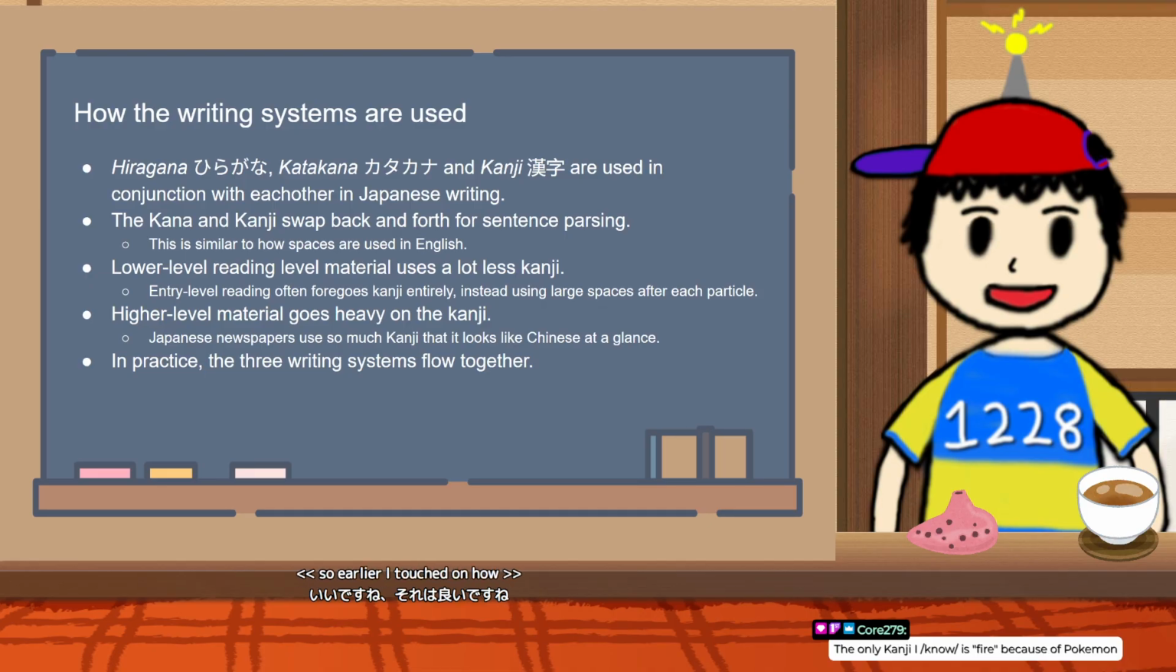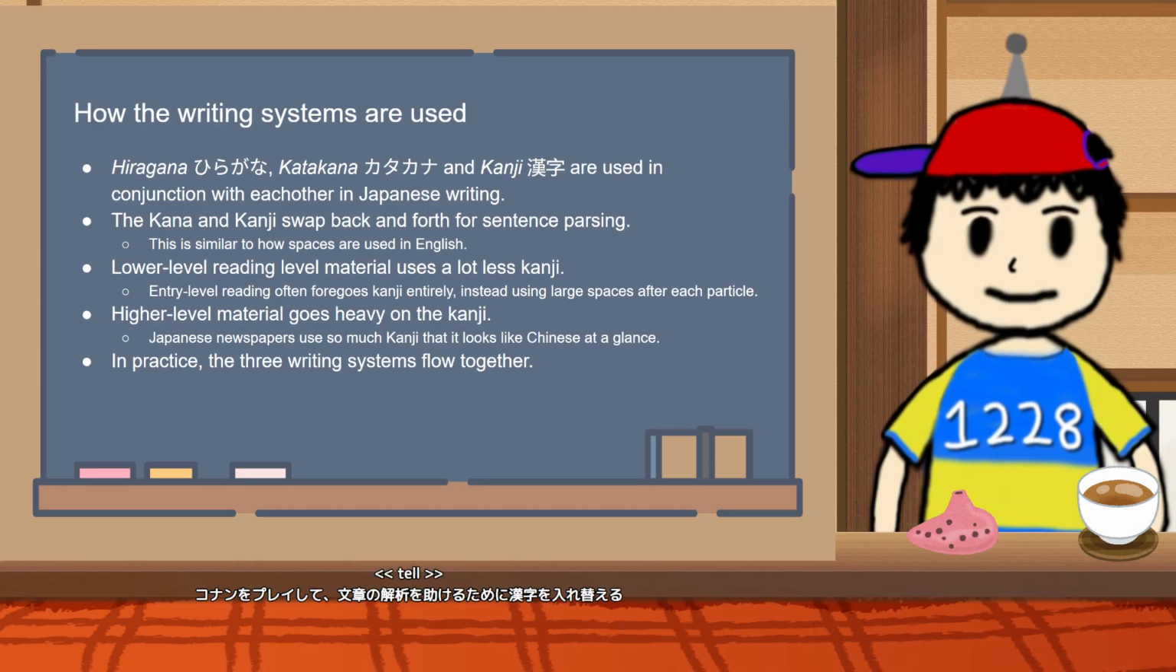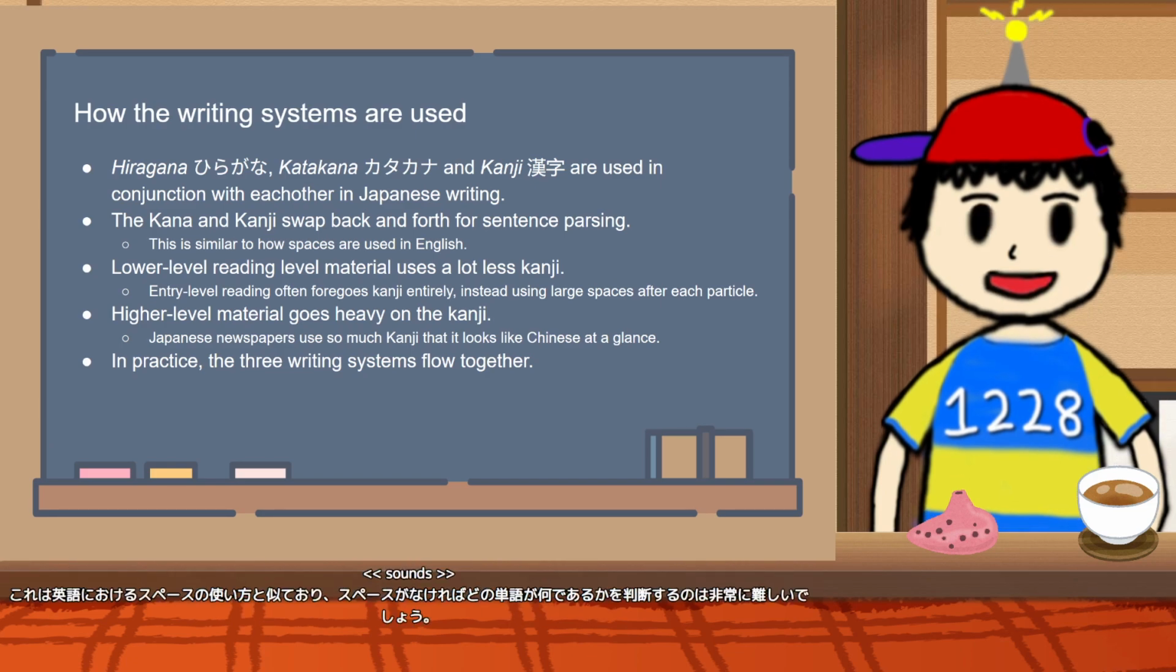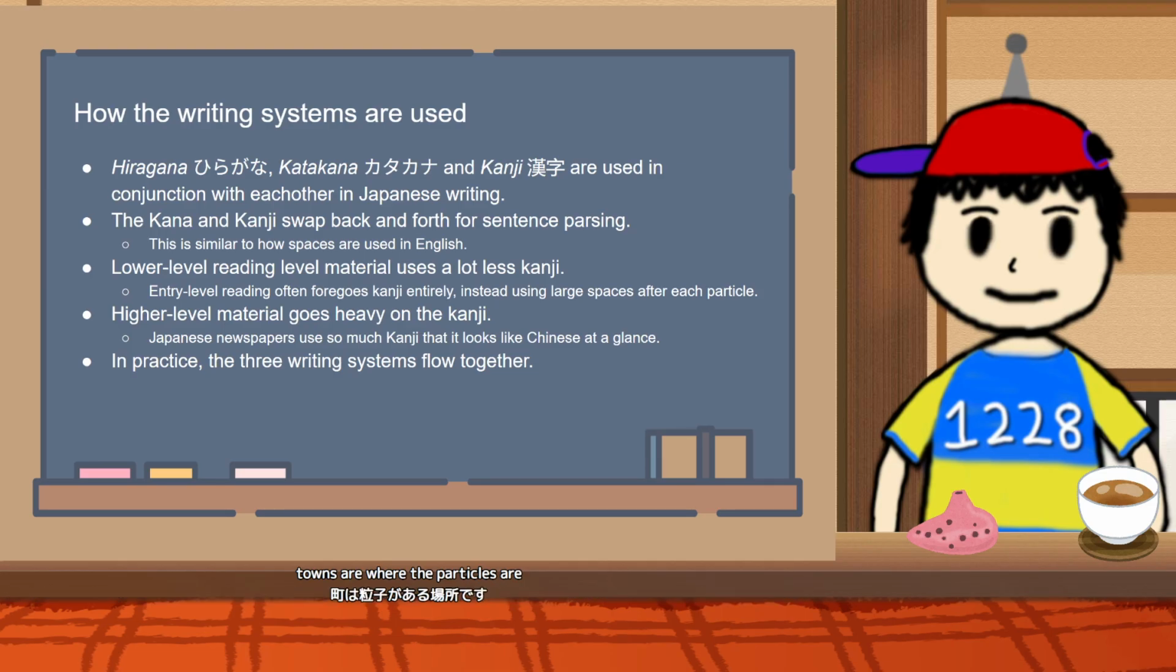So earlier I touched on how the writing systems are used, and now that we have a greater understanding of what each writing system is, we can discuss how they intermingle with each other. Namely, the kana and the kanji swap back and forth to assist sentence parsing. This is not unlike how spaces are used in English, where if it weren't for spaces, it would be very difficult to tell what word is what, where the nouns are, where the particles are, etc. When kanji and kana swap back and forth, you know that the kanji appearing means that you got a kanji, which is either a noun, verb, or adjective, sometimes followed by kana, which is either a particle or verb,